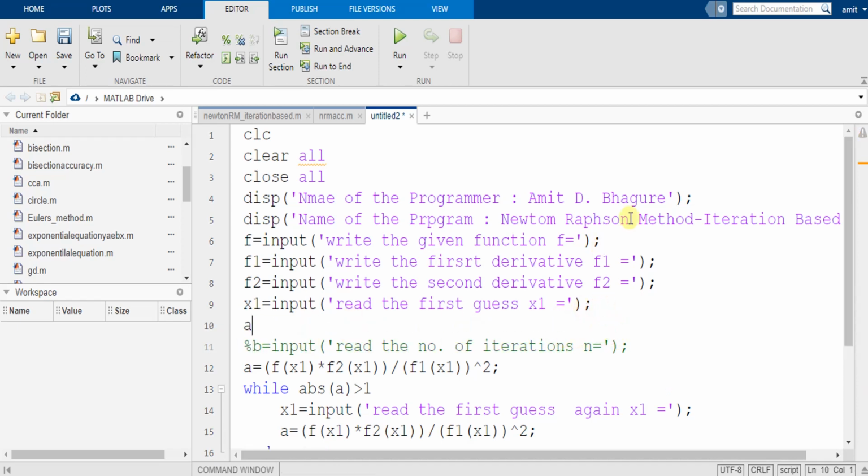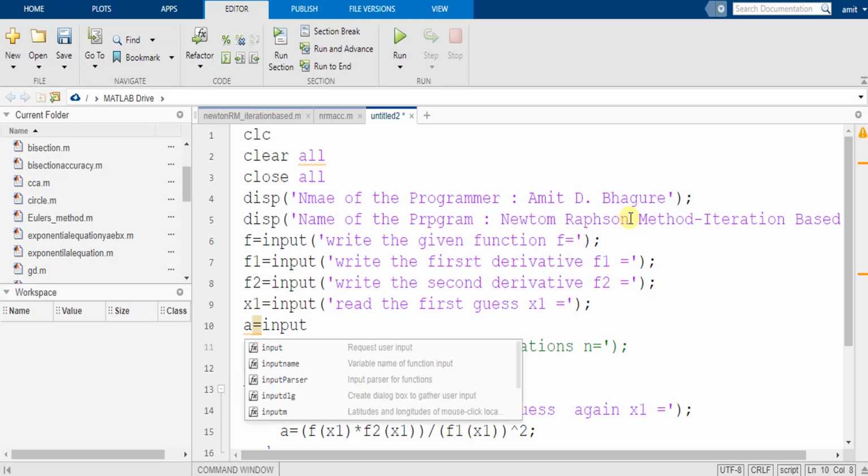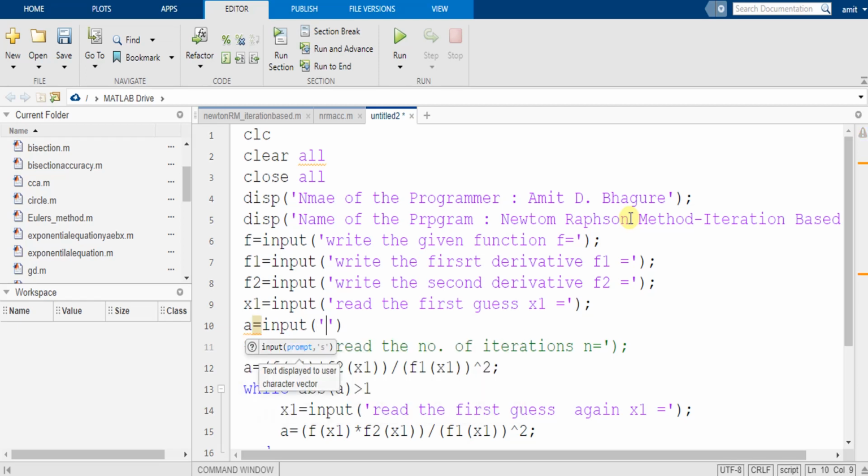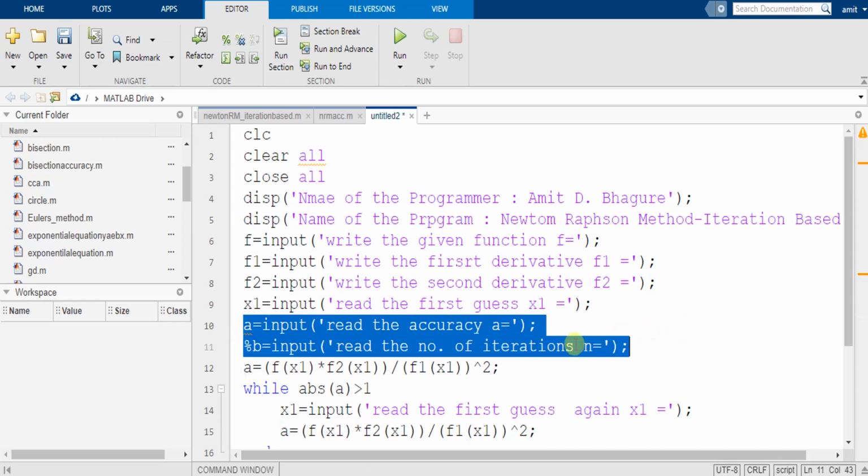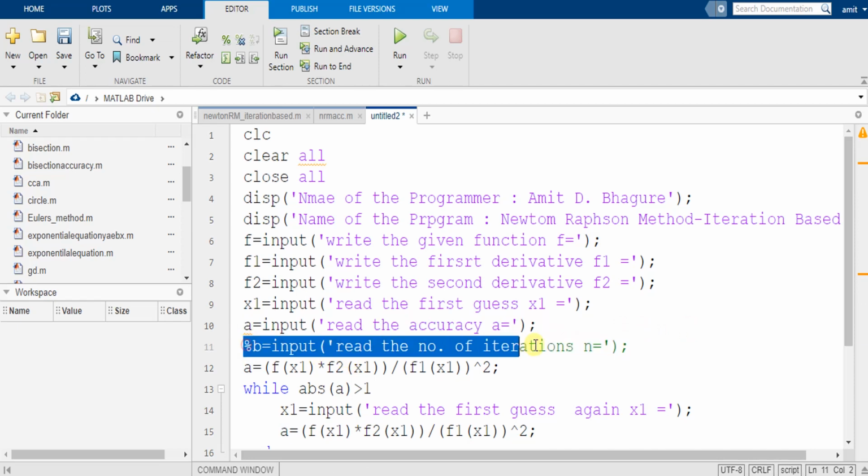I can write A equal to input, opening bracket closing bracket in single inverted comma, read the accuracy A equal, end of the line. For this B you can make it a comment, which means this line is not executed by MATLAB now.